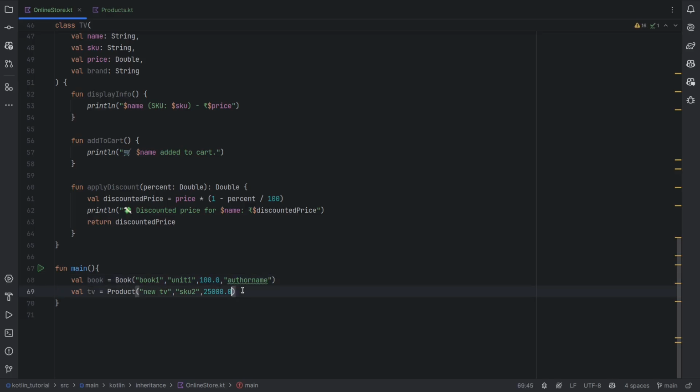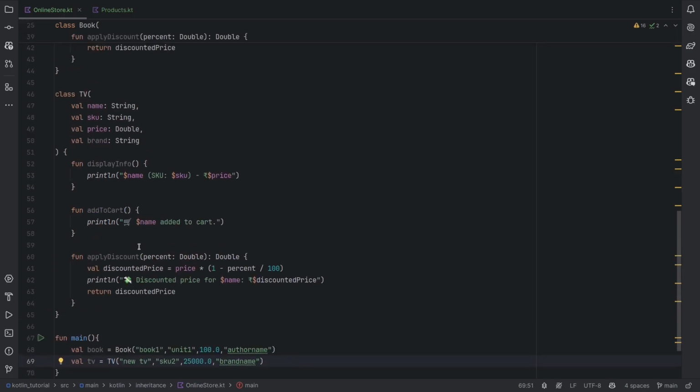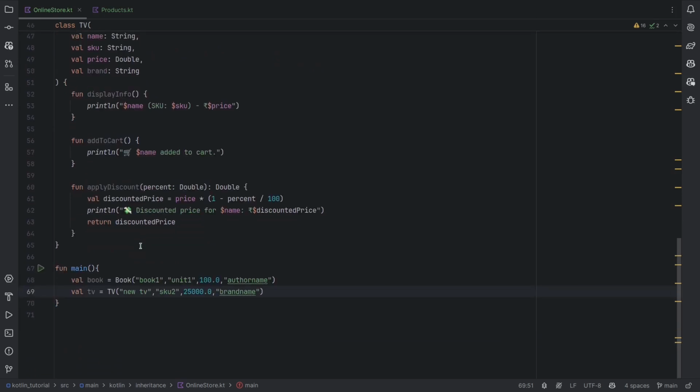And I know that my TV has a new brand, so instead of a product, I create a TV, and I can pass some parameter for the brand. I can say brand name. As you can see here, it is going to work fine. But there is a problem here, and the problem is